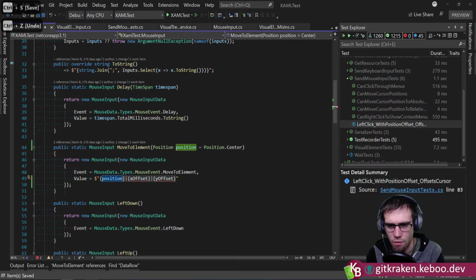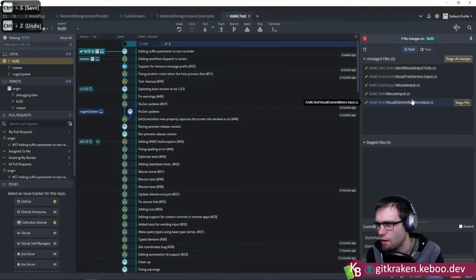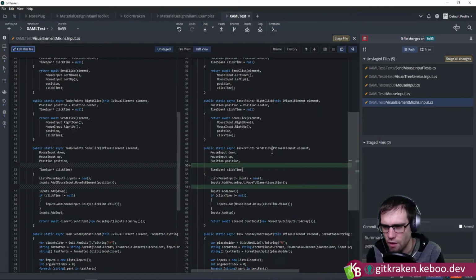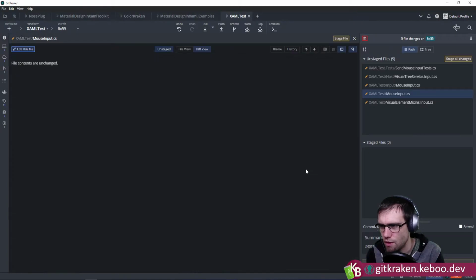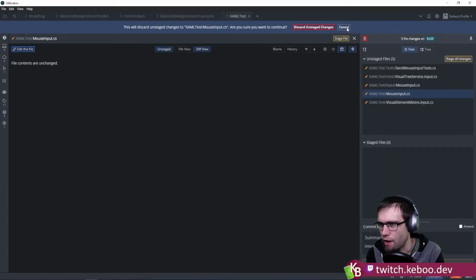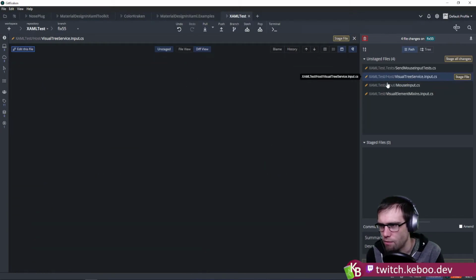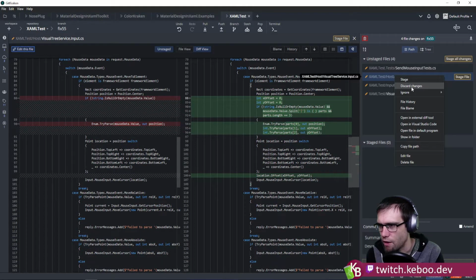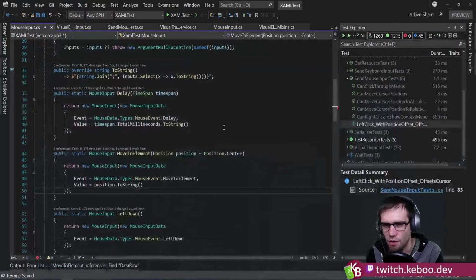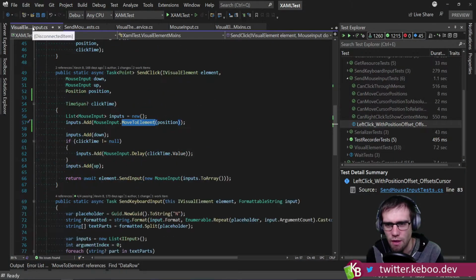Actually, you know what we're going to do? We're just going to open up GitKraken, and we're going to find those lines of code, and we are going to nuke them. So discard, actually we can discard the whole file. And then it's going to be on this side. This whole file can go too. We don't actually need to do anything fancy. What we need to do